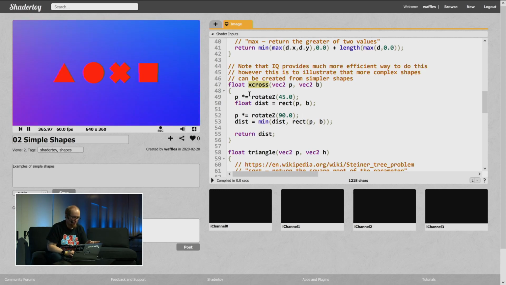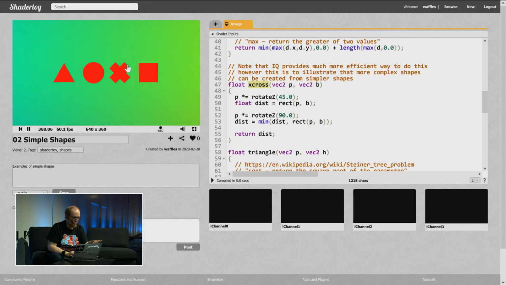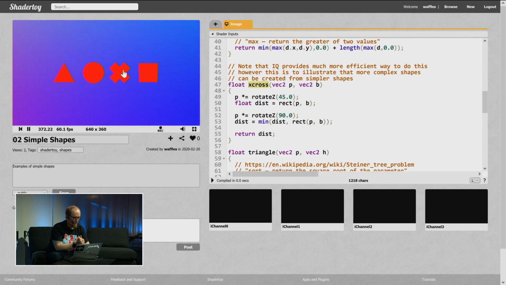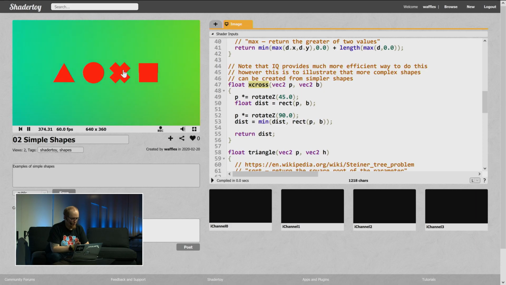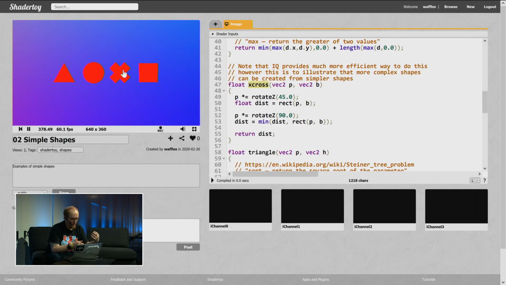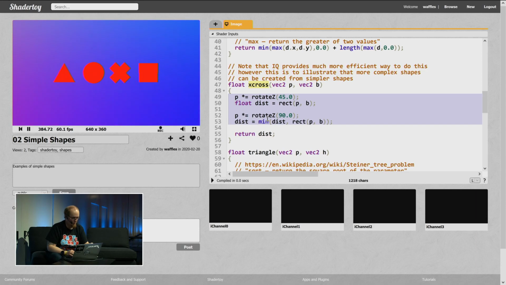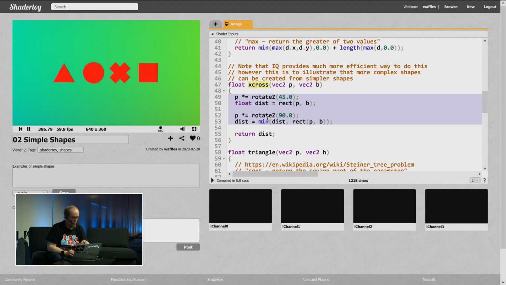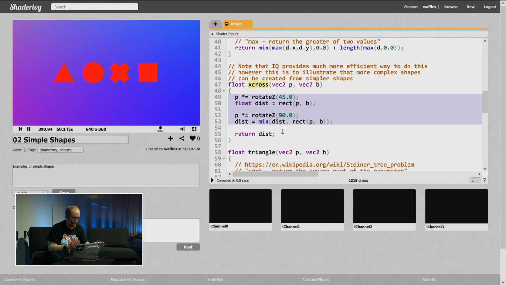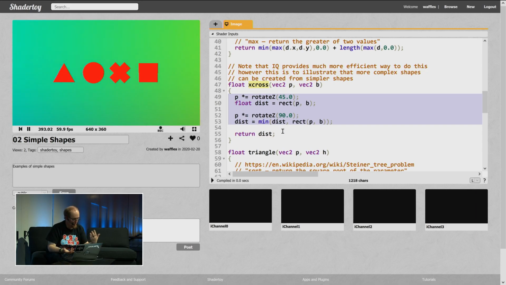So basically this cross is just two rectangles that are rotated. If you actually need more performance to draw these shapes, this is not a good way to do it, because this is terrible performance-wise, but I felt that this is a simpler way to show how you could join different shapes to create more